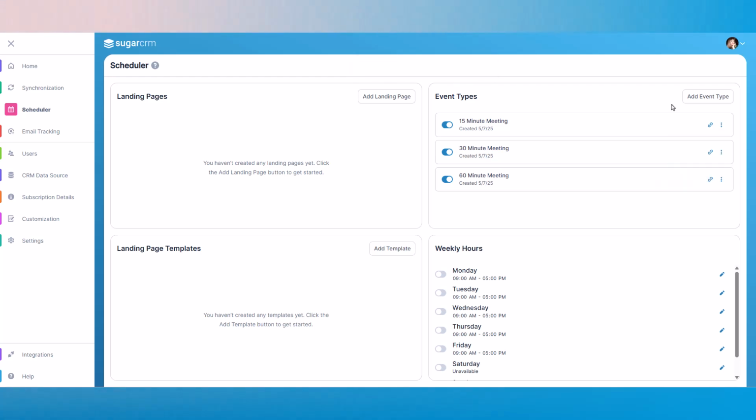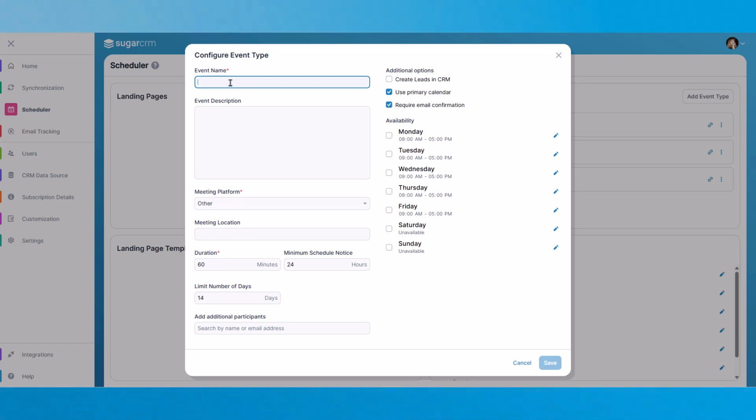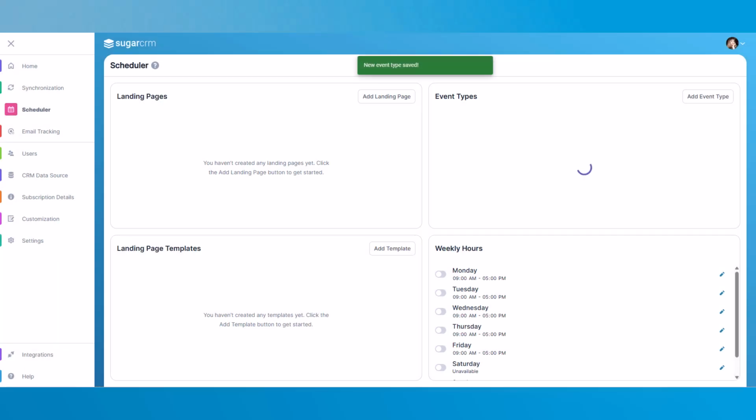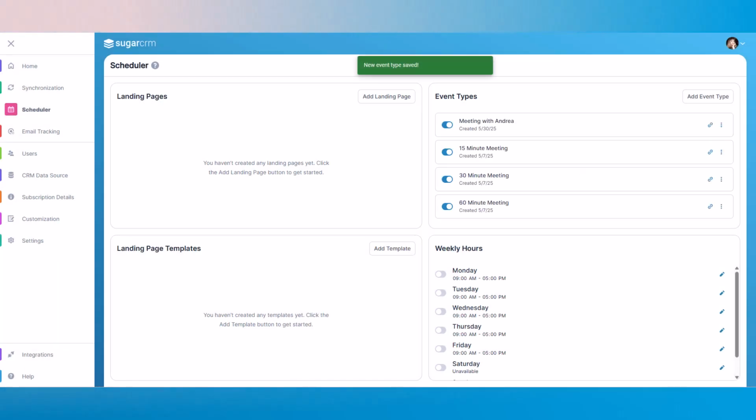To create a new custom meeting type, click Add Event Type. For example, if you want to meet with Andrea for 30 minutes on Monday or Tuesday morning, you can create a new event type called Meeting with Andrea and set availability to those time slots only. When you share the scheduling link with Andrea, she'll be able to select any open times, excluding hours already booked